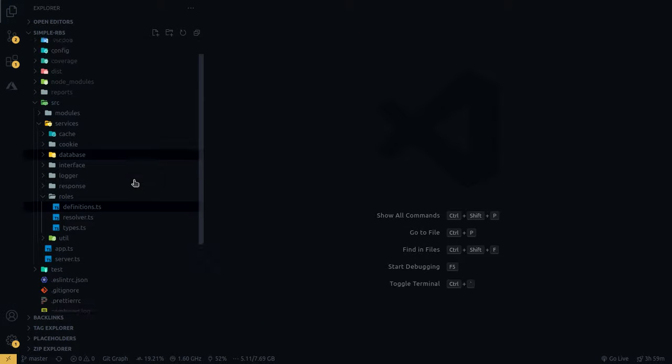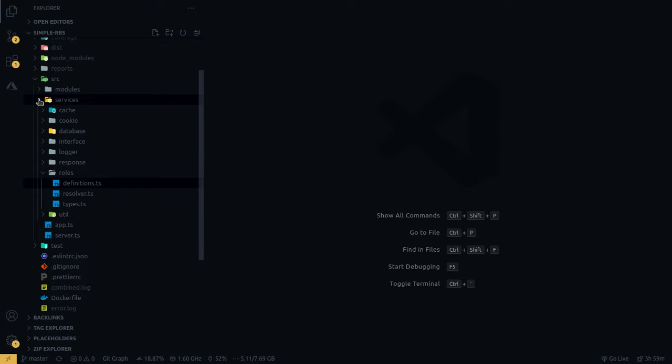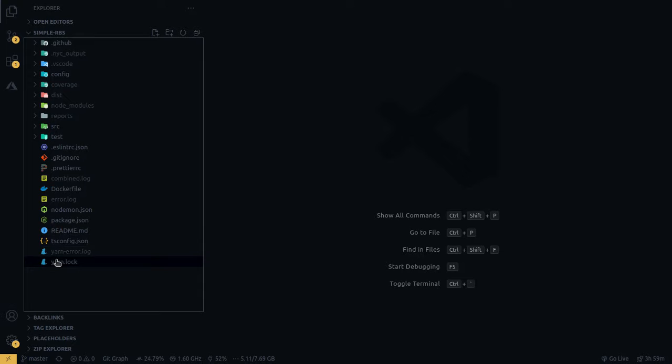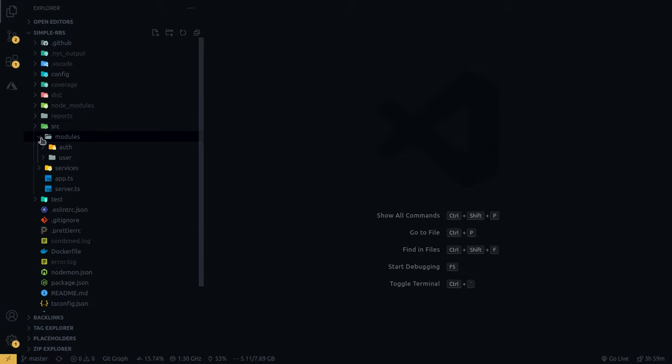Now a small overview of the directory structure that we have. A detailed one is given in a separate video. Here you see all these different types of files, the config files. These are all dealt with in a separate video, and the main breakdown is of the modules and services.